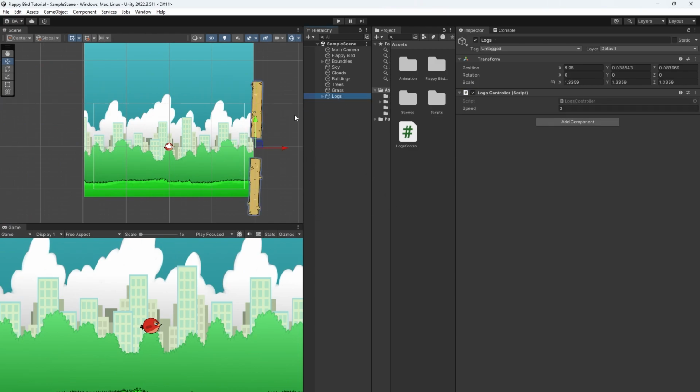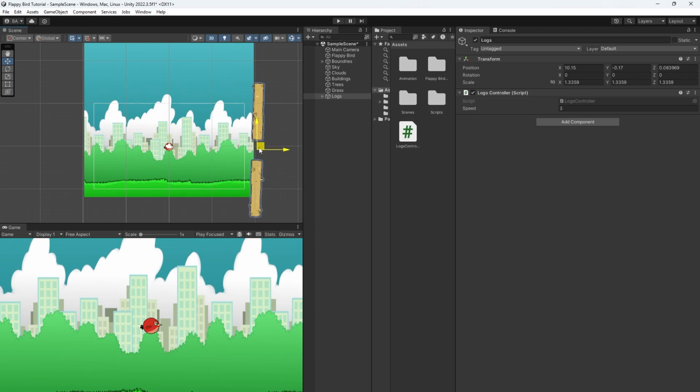In the next part we will see how we can make a spawner that will create this log, and when this spawns, we will definitely change the position in x and y, so that we can get different variations of this log. Now we will create a spawner for our log. What is the responsibility of a spawner? The spawner will spawn